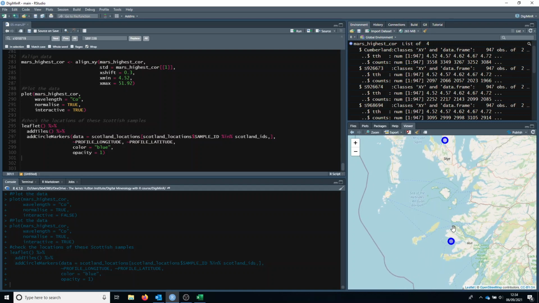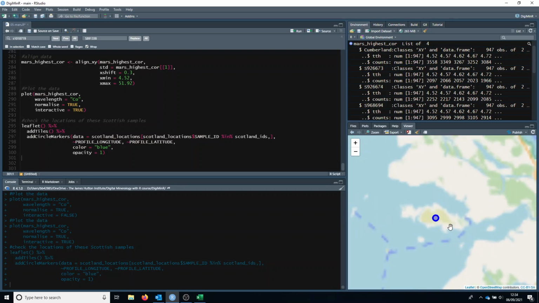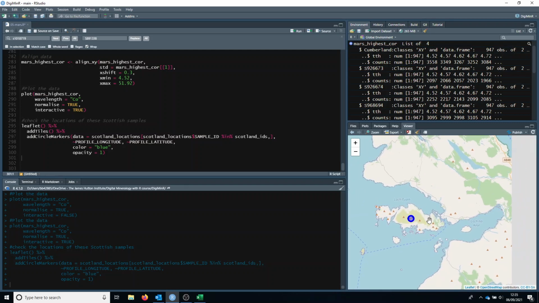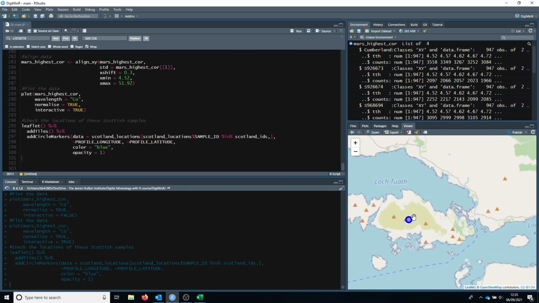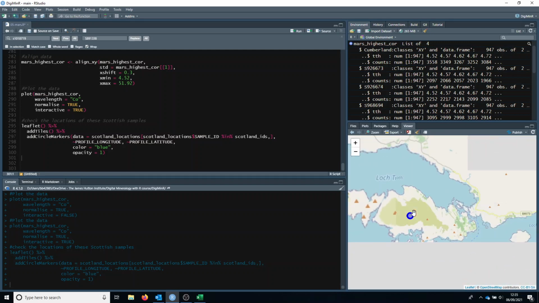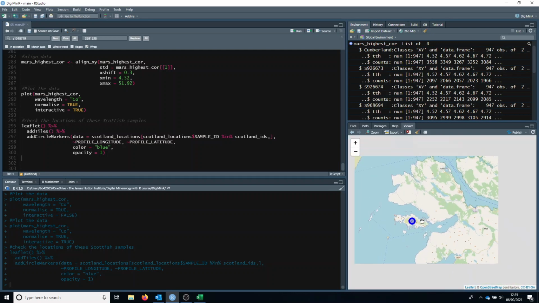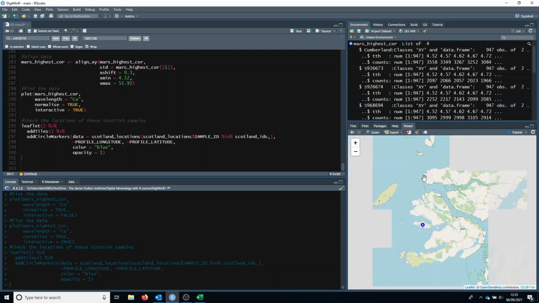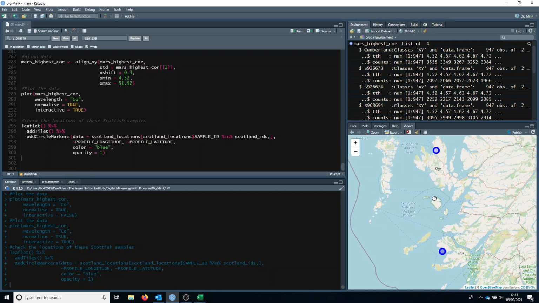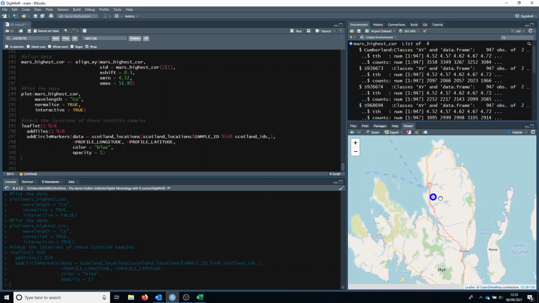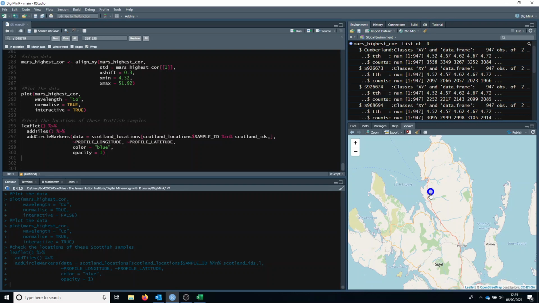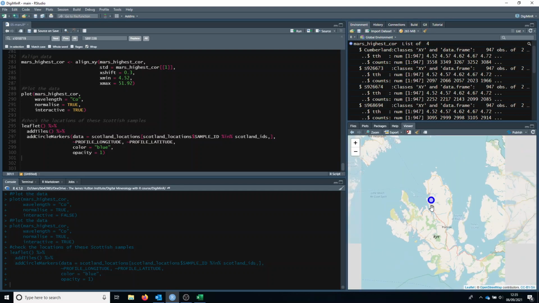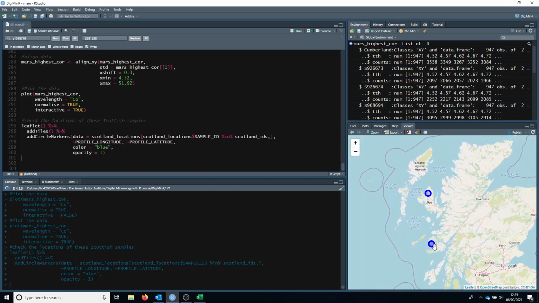We've got one sample located on the Isle of Ulva, just to the west of the Isle of Mull. That's one site where I think potentially a couple of samples are from. And we've also got another site here on the Isle of Skye, on the Trotternish Peninsula. And both of these locations